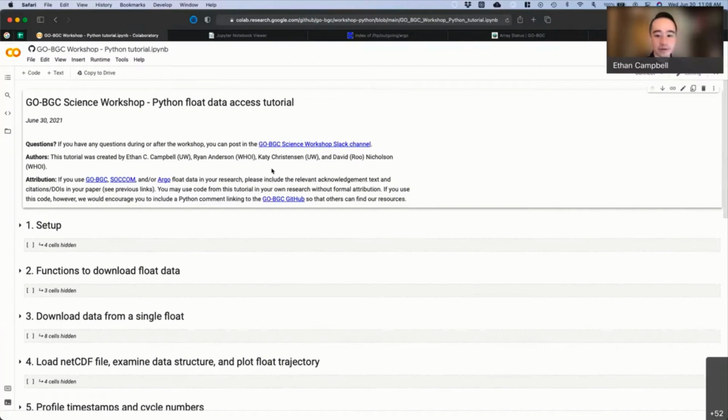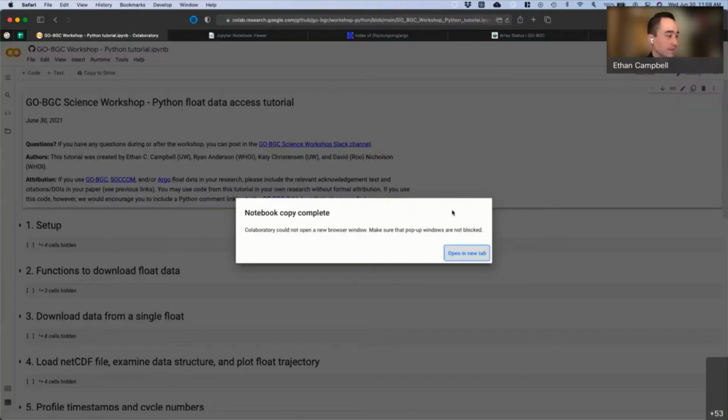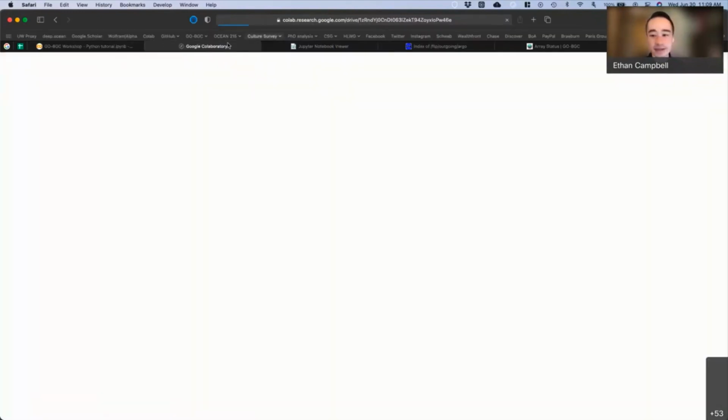It should look familiar for anyone who's used them. But you'll notice that if you start trying to edit it, you can't save these changes. This is sort of just a read-only view. So the next step is to click this copy to drive link. What this is going to do is create an editable version saved in your Google Drive. Also, if you haven't logged into Google yet, you should probably do that. Choose that personal account. When you click this link, it may open it in a new tab automatically, or you might have to click. But either way,